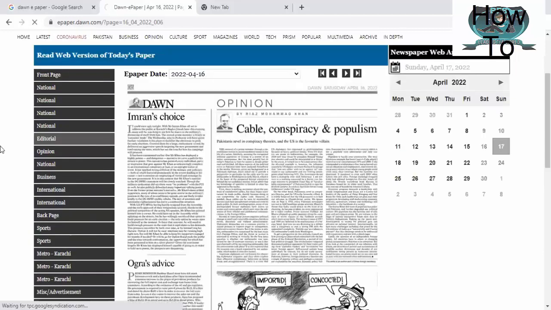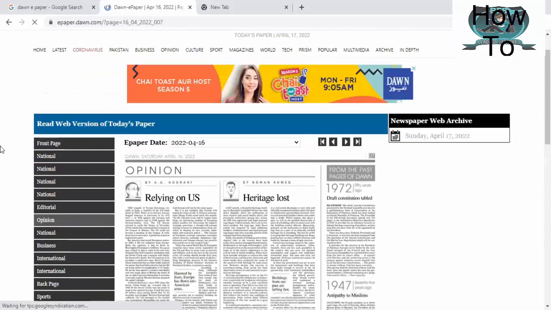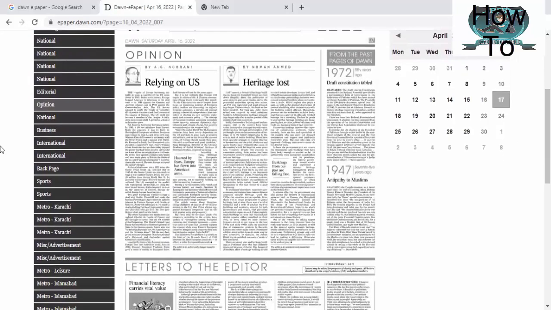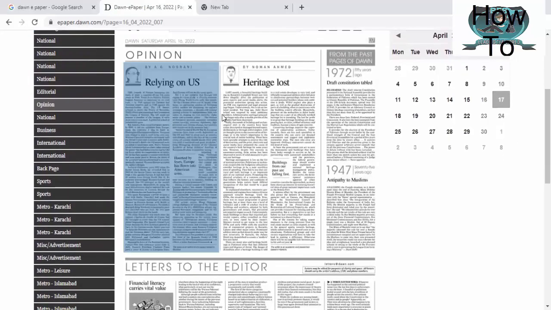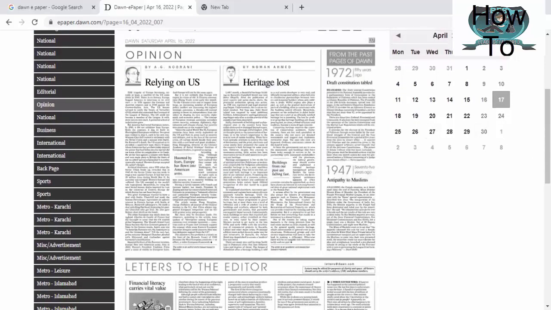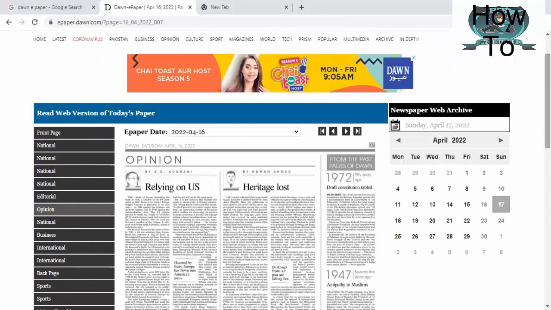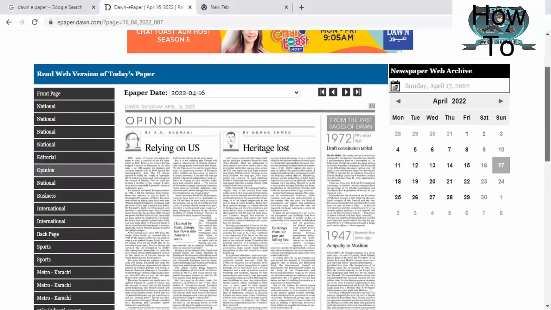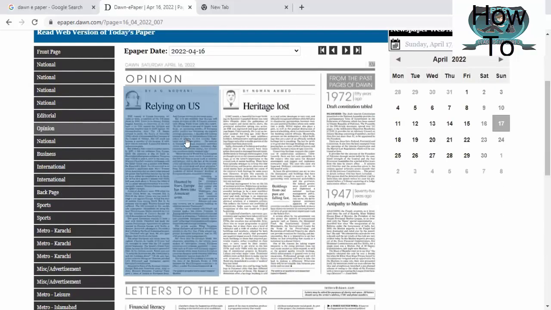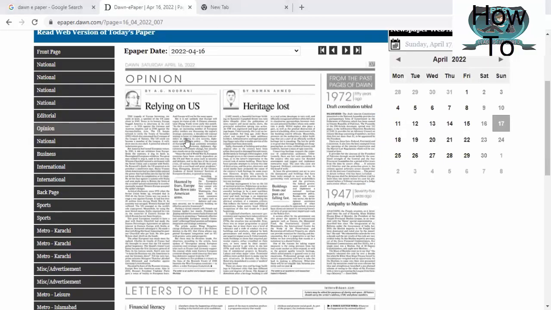Let's go for opinion. From here you can see relying on US, that is the trending topic nowadays, and heritage laws. These are the different editorial and opinion pieces. Like if I'm clicking on this editorial that is written by A.G. Noorani, you can see the US came in